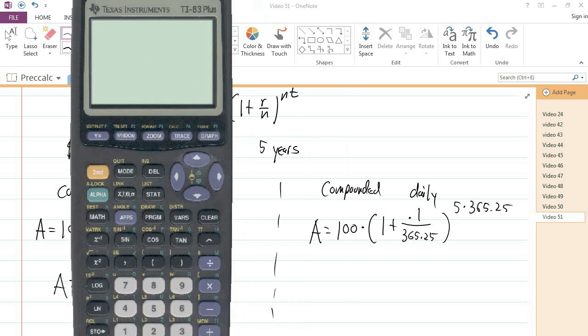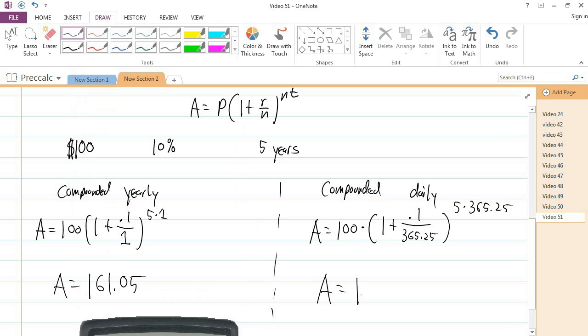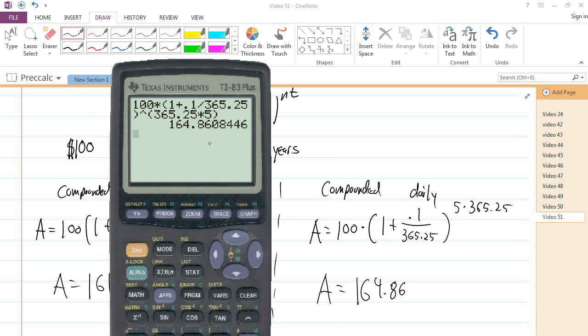Let's enter this in. 100 times (1 plus 0.1 divided by 365.25) to the power of 365.25 times 5 is going to give me $164.86. So I compounded more often and I got more money, which makes sense because every time I compound, I